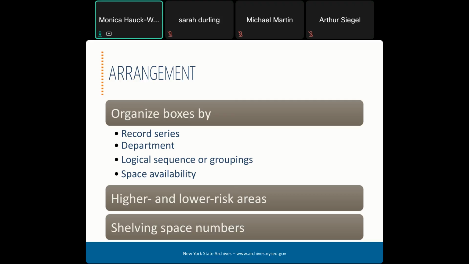This no rhyme or reason approach has two significant benefits. First, when weeding records in open spaces, you can place any new box of the same size in that space, regardless of the type of records that it contains or the unit that owns them. Space opens up, you put a box in it, you document it.